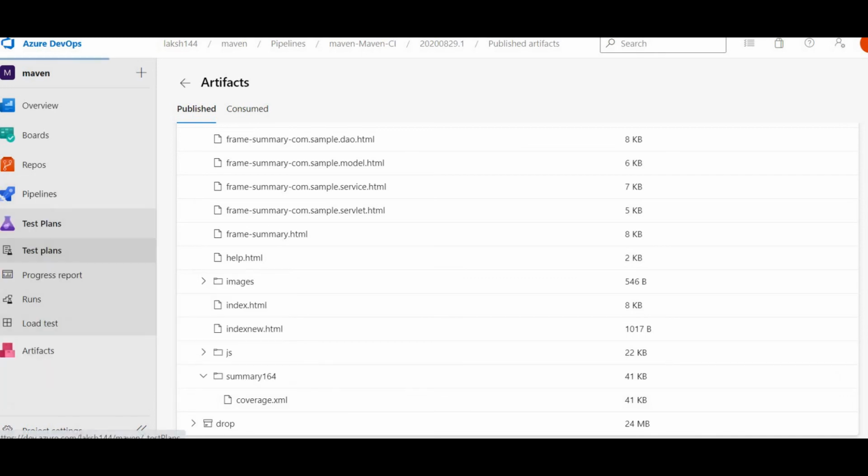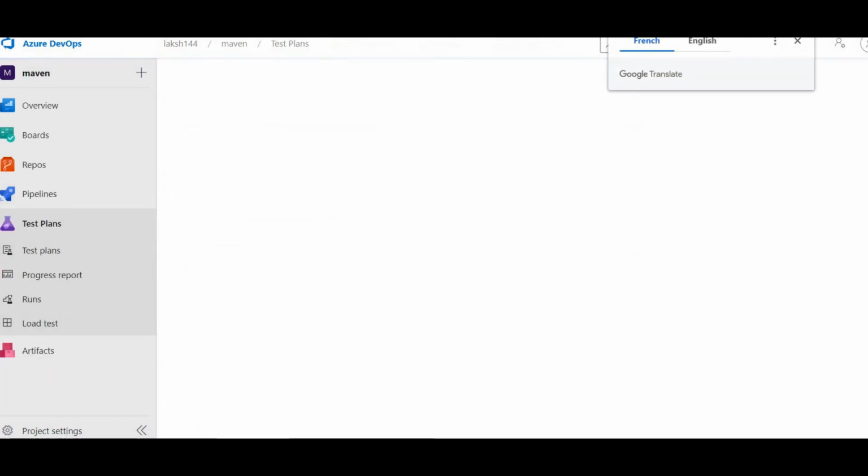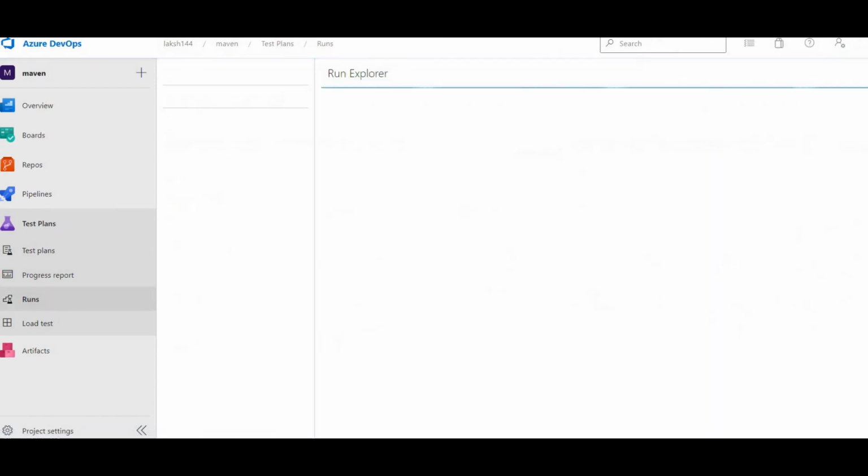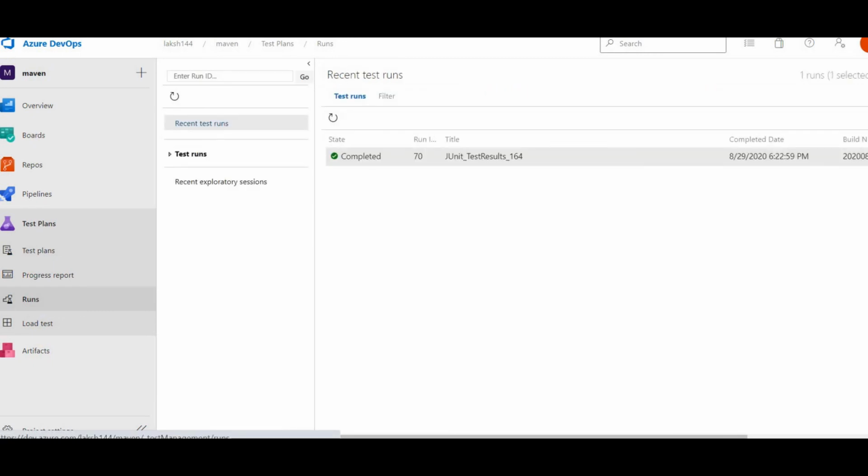Summary, if you go to test plans, see, these are the test runs.